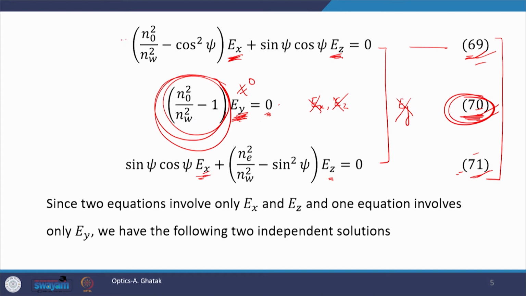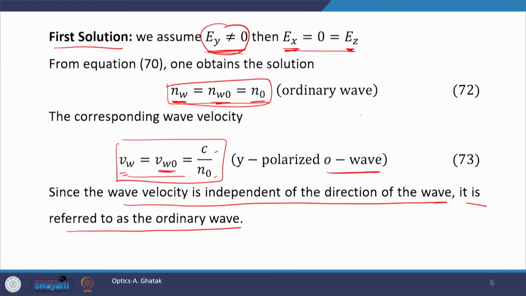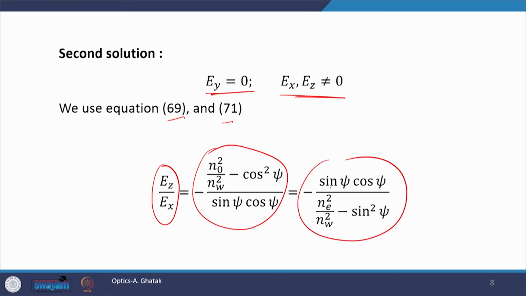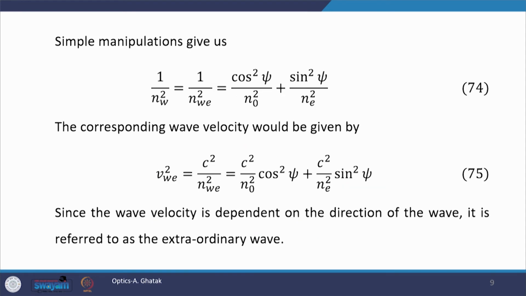Therefore, this time we will just look into these two equations, the 69 and 71 equation, and from these equations let us write the ratio between E_z and E_x. From 69 we get this value of the ratio, and from 71 we get this expression for E_z upon E_x. After a little bit of mathematics, we get the expression for n_w squared,